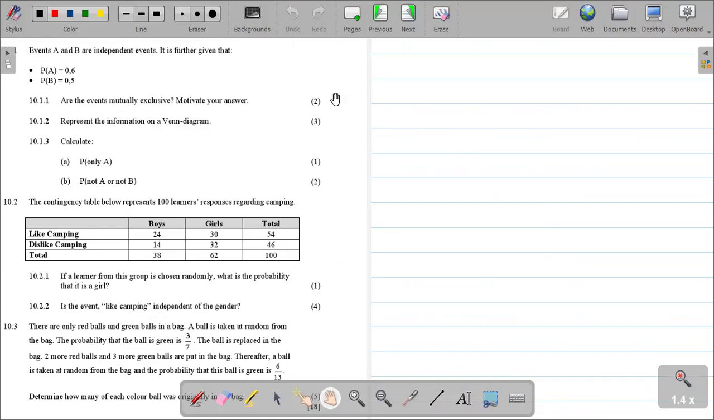Okay, now let's go to question 10. Now, question 10 here is about probability. They say events A and B are independent events. It is further given that probability of A is 0.6 and probability of B is 0.5. Are the events mutually exclusive? Motivate your answer. So we must show that,